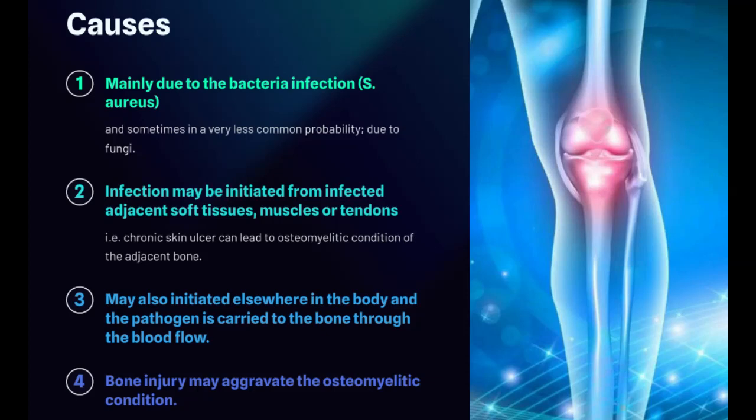However, it's important to recognize that osteomyelitis can also arise from fungal infections, albeit with much lower frequency compared to bacterial etiologies. Fungi such as Candida and Aspergillus may infiltrate bone tissue, particularly in immunocompromised individuals, leading to a distinct clinical presentation and management approach. Beyond microbial invasion, osteomyelitis may originate from infected adjacent soft tissues, muscles, or tendons, exemplified by scenarios where chronic skin ulcers serve as a nidus for bone involvement. This contiguous spread underscores the interconnectedness of soft tissue and bone pathology, highlighting the importance of comprehensive wound management in